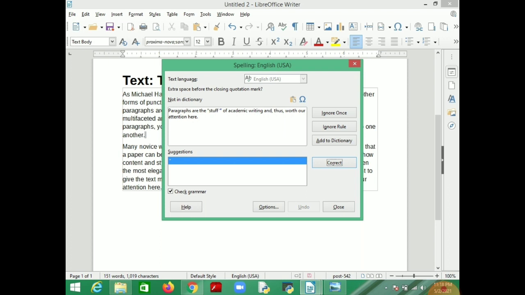In this text, stuff is the word where a space is given between double quotes. It is suggesting that you don't give space there, it is wrong. So double quote, stuff, without space, double quote.